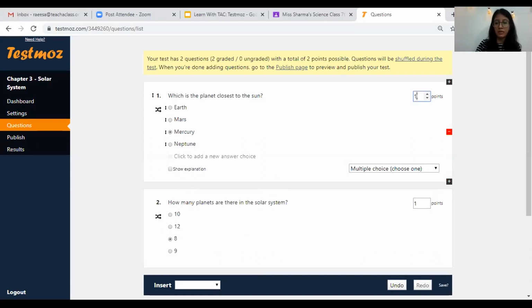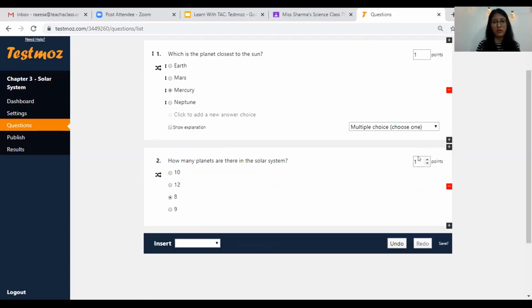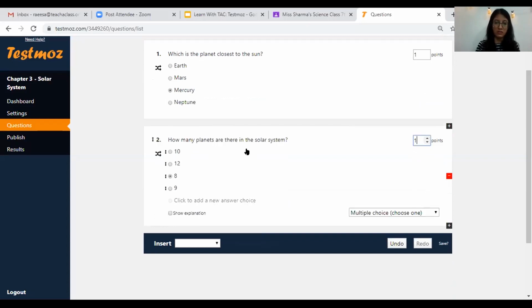If I have to increase the mark weightage to say 2, I can simply increase it to 2 points. But right now 1 point seems fit for it, so I'm going to leave it to 1 point. So that's how you're going to grade each of your questions. Once again, to choose the correct answer, please click on the correct answer and it will select that as the correct answer. So over here 8 is the correct answer. I'm simply going to select that.